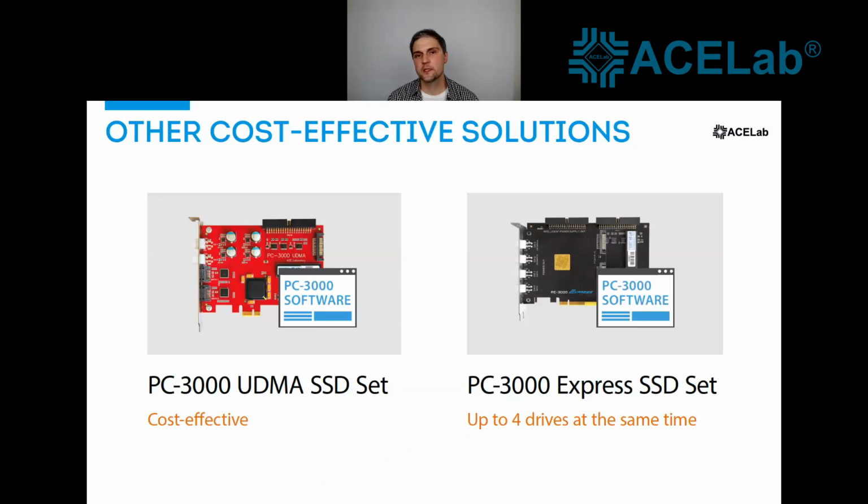Actually, just a few data recoveries in the world can open the helium drives because you need to use special equipment to cut the upper side of the drive. But with the PC4000, you can try to fix the drive firmware, or probably in case the drive contains some problem with the heads, you can disable the head in the utility and make a copy of data from healthy